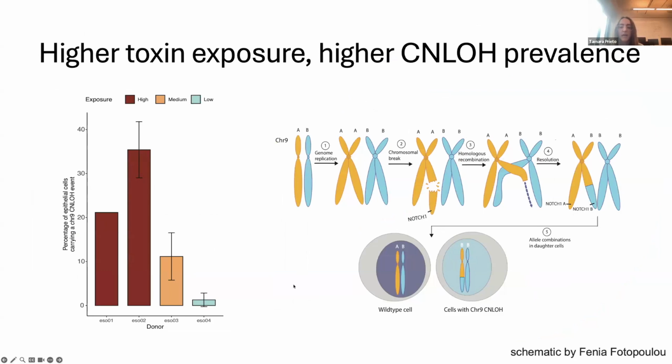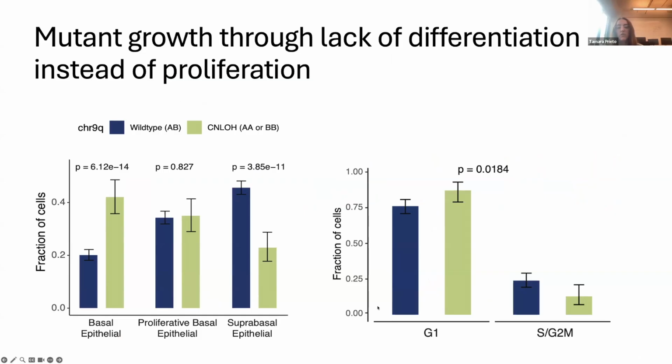And after applying the same pipeline, we realized that CNLOH also occurred later during adulthood in the other donors, but the incidence of the events was proportional to the risk of the donors, with a higher proportion of cells with CNLOH in high risk, then medium risk, and finally low risk donors. So this suggests that the CNLOH could be caused by mitotic recombination as a response to repair double-strand breaks, which are more common in donors that drink and smoke. But why is the frequency of the chromosome 9q CNLOH higher than the frequency of CNLOH in other chromosomes?